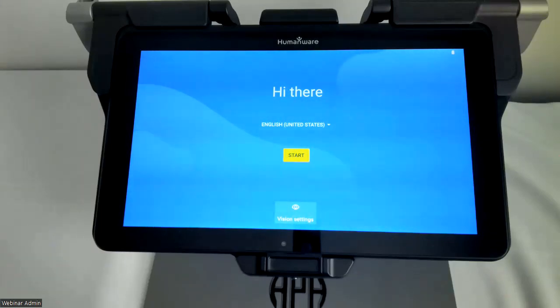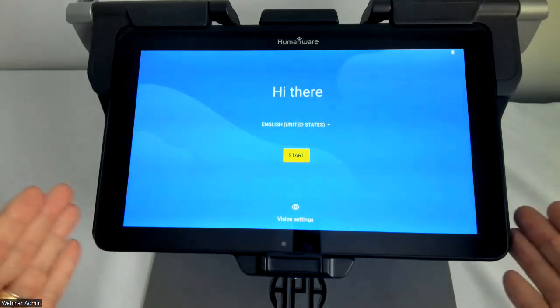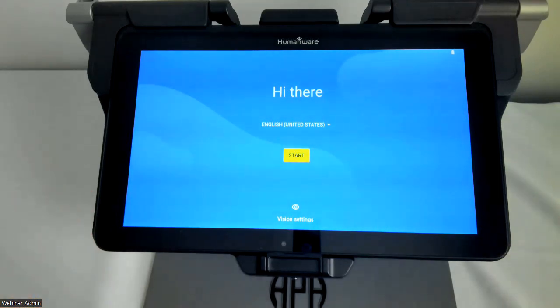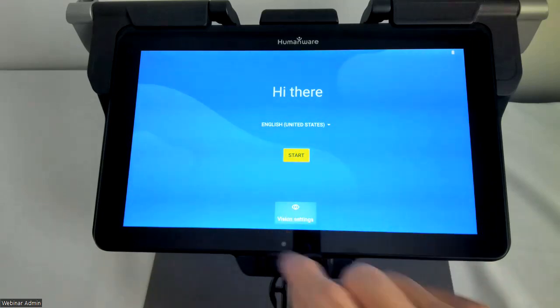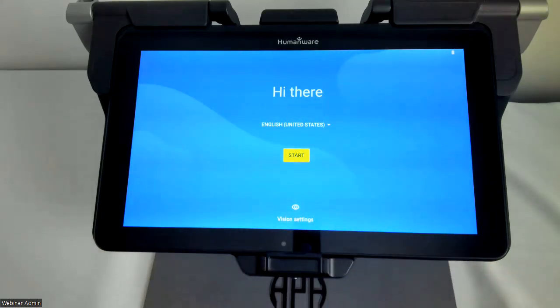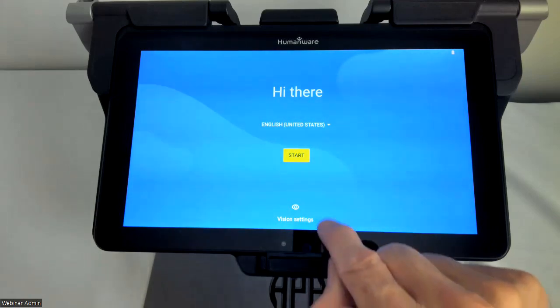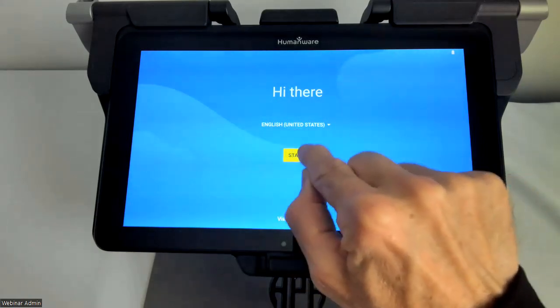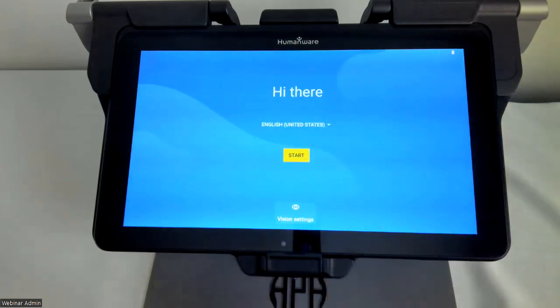Okay, so now we're going to quickly demonstrate an individual setup of a Connect tablet. And in this case, this is a Mac Connect tablet that would be purchased through APH. Here we are at the launch screen of a brand new tablet where we have to go through the activation process. Now at the bottom are some vision settings. I've already adjusted them, but you'll want to check that out if you need to adjust for larger font sizes and imagery. But I'm going to tap in the center of the screen here on the Start button,